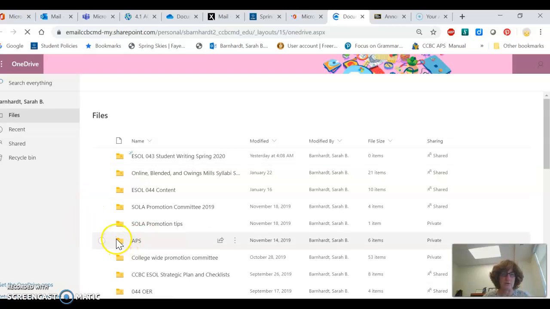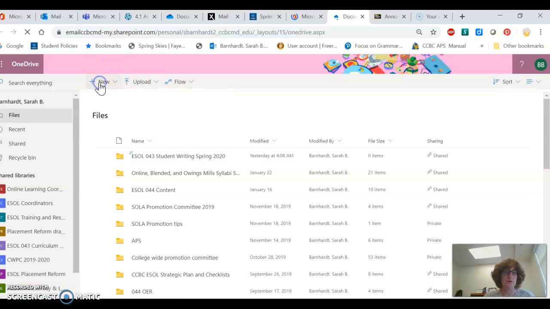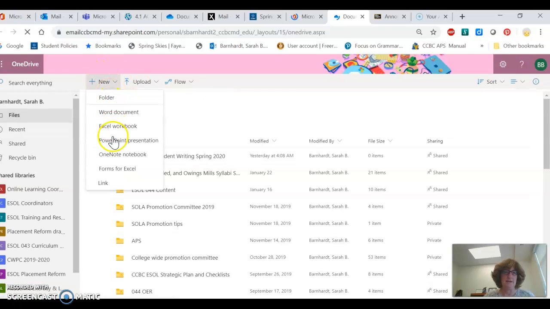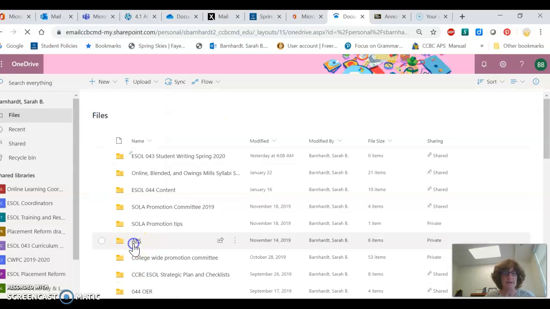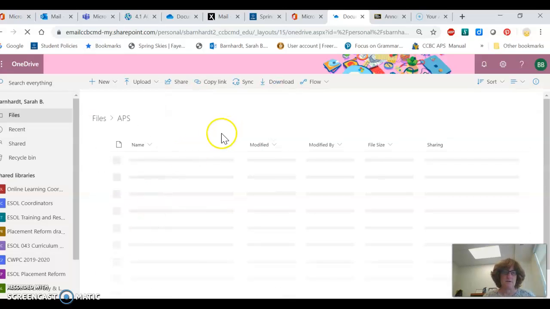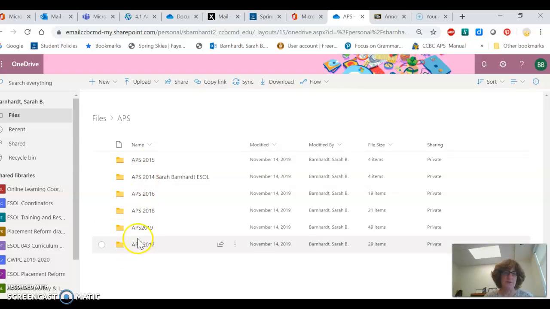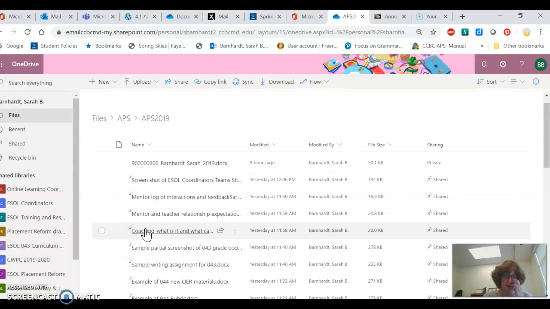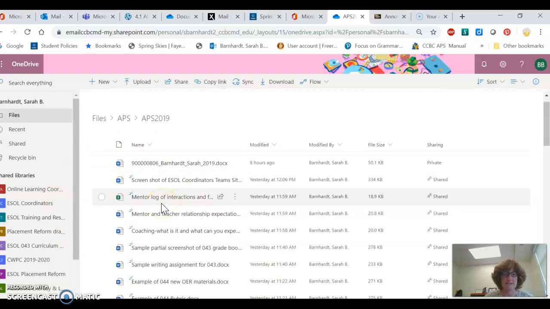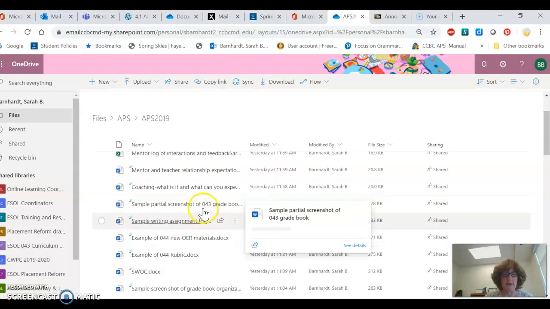So I created a folder for APS, and you can just do New, and then after you do that you can create a folder. And so then in my APS I have folders for all the years, so I created one for 2019. And what I did was I had already uploaded all of my evidence,